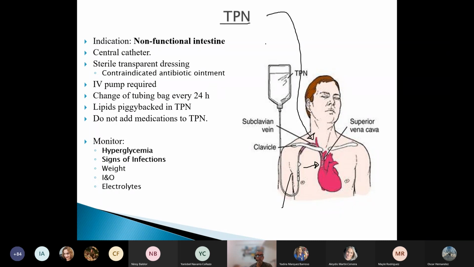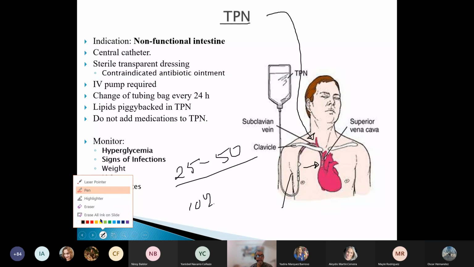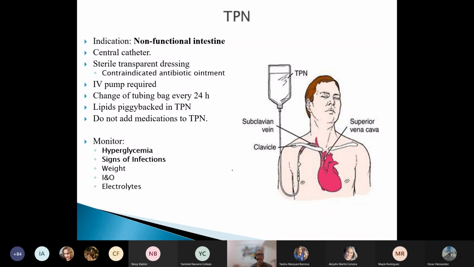The concentration of sugar of the TPN is between 25 to 50%, okay? So 25 grams to 50 grams per each 100 milliliters. Usually in a peripheral vein, you tolerate a maximum of 10%. But this concentration is too hyperosmolar to be tolerated through a peripheral vein, those veins that we take in the arms of the client. So that's why it needs to be a central vein. In the central vein, there is a high flow of blood, and for that reason the liquid that is infused there is going to be quickly diluted and is not going to harm the client.